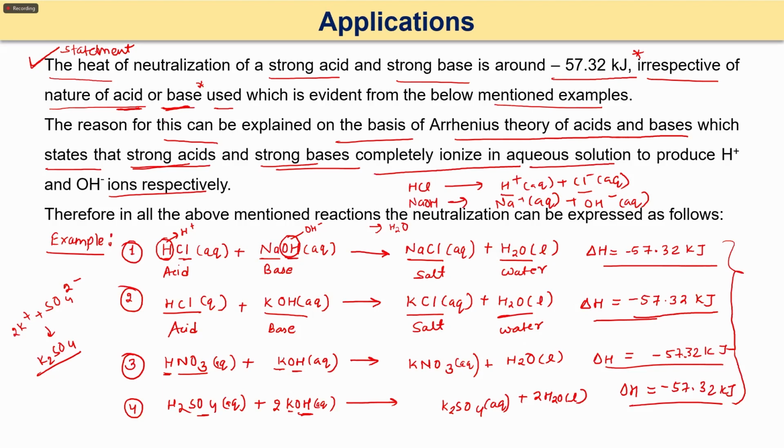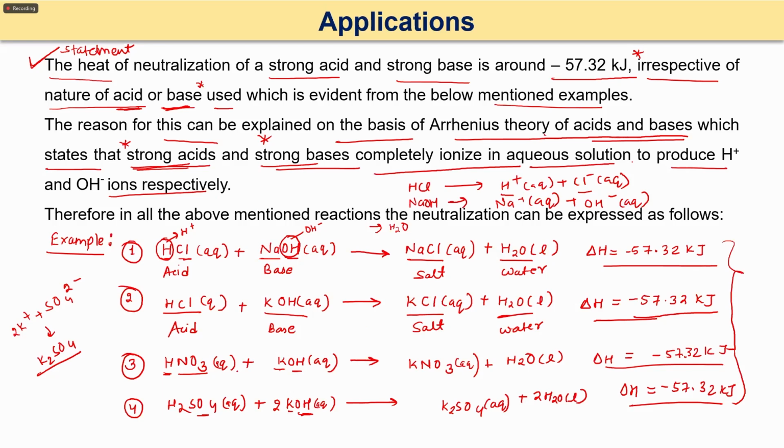Okay, so that means the reason for this can be explained on the basis of Arrhenius theory of acids and bases, which states that, and this is very important, this is only for the strong acids and strong bases that completely ionize in the aqueous solution to produce H plus and OH minus ions respectively. Okay,